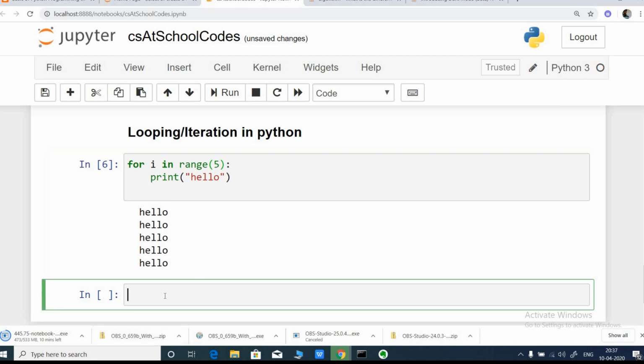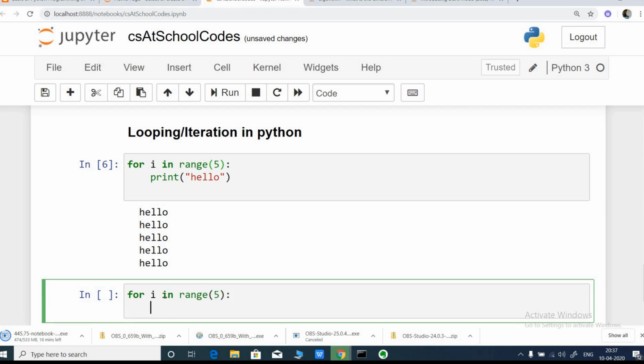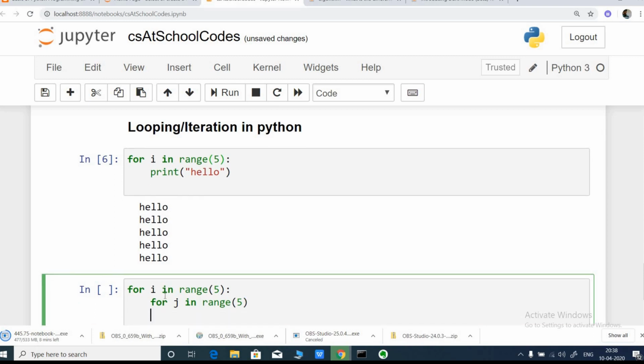Now let us modify this code. For i in range of 5. Fine. Now I'll go inside and write another for loop, for j in... it doesn't matter, we are assigning any random variables. Usually i and j are the preferred names, but you can put a, b, c, except it should not be a keyword, we know that. So if I put 5 in here, and then again I have to put a tab, print